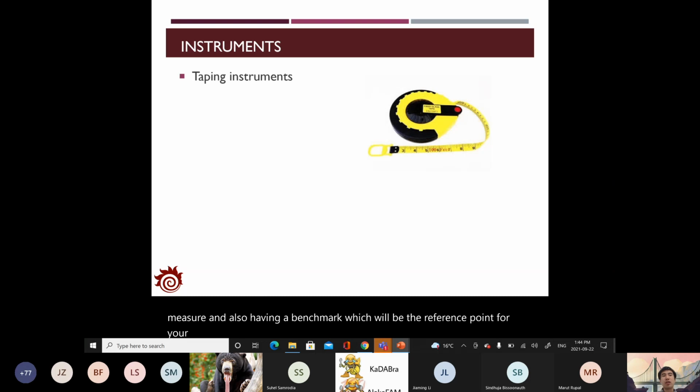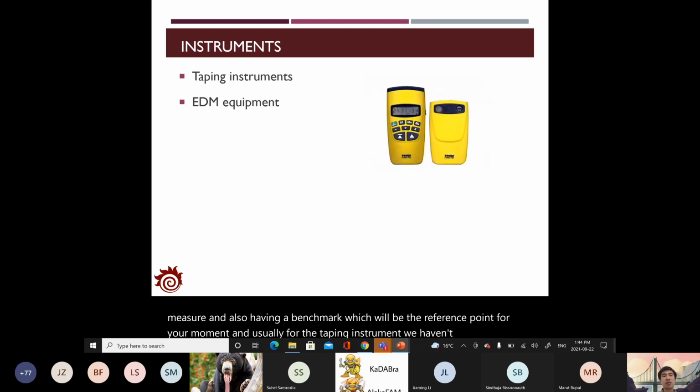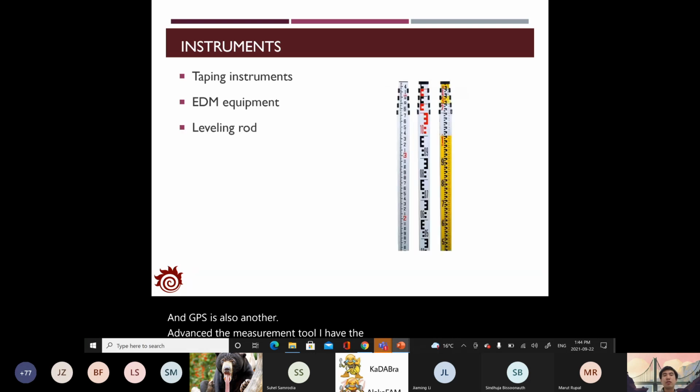Usually for the taping instrument, we have the tape, and we also have electronic distance measurement equipment. For example, we can use radar, or you can use the total station for distance measurement. GPS is also another advanced measurement tool. You have the leveling rod. This is the one for you to measure the elevation